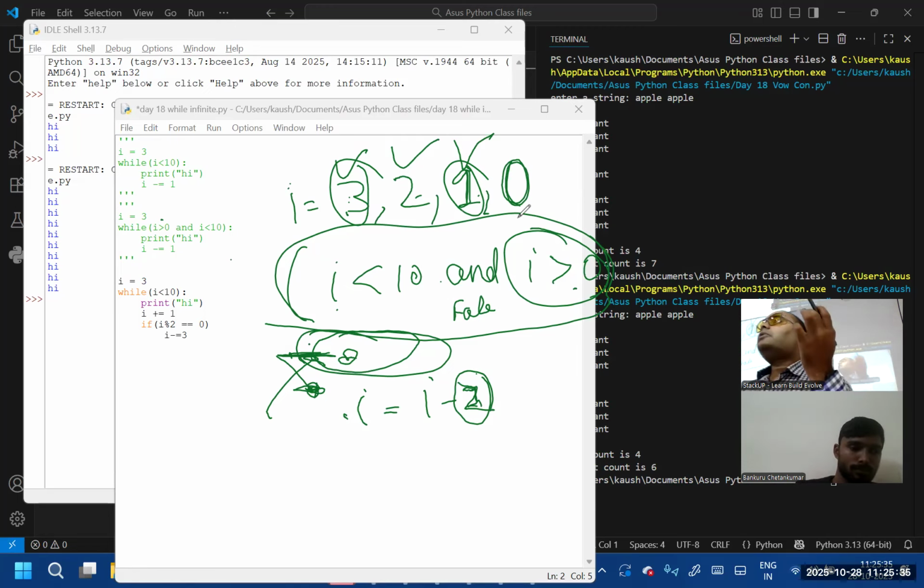Three. అదే చెప్తున్నాను, ఇక్కడ nothing is fixed. Whatever you defined will be the loop starting point. Whatever condition you give will be the starting point. So this is